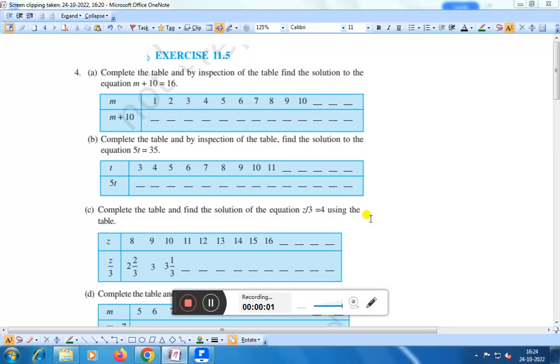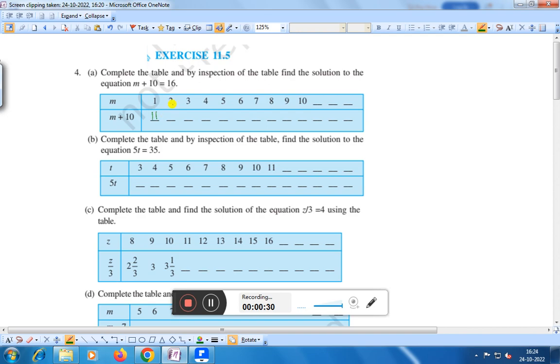Hello everyone. Today we shall discuss exercise 11.5 question number 4. A. Complete the table and by inspection of the table find the solution to the equation m plus 10 is equal to 16. Complete the table, that is m plus 10. If we take the value of m as 1, 1 plus 10 is equal to